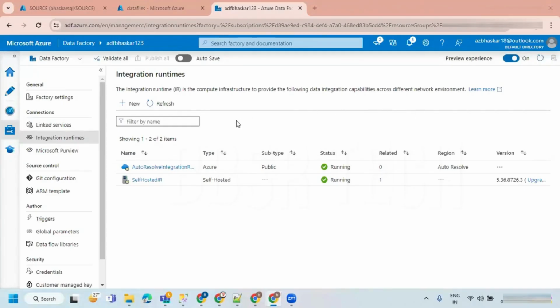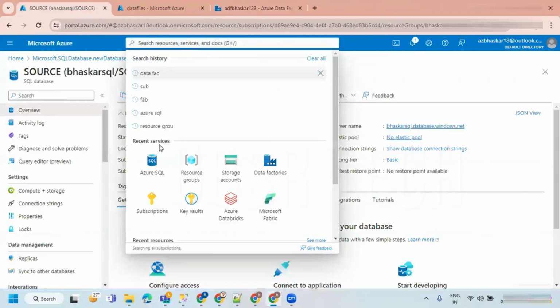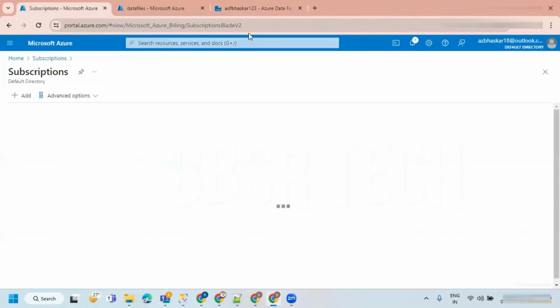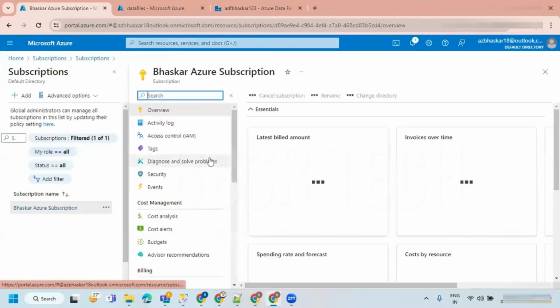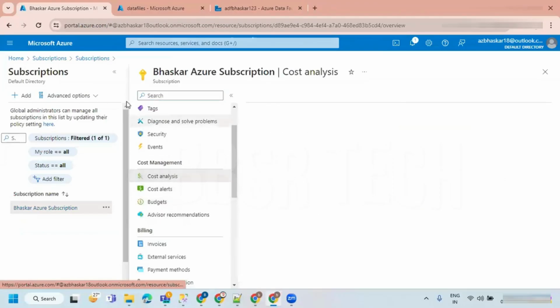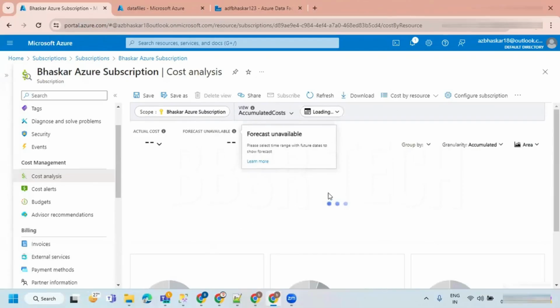That is where we can see. For example, if we use it today, we will get to know what cost I have spent, so tomorrow I will try to reduce it. In cost analysis, it is also going to give a forecast, how much it is going to be. Okay, invoices will be there.